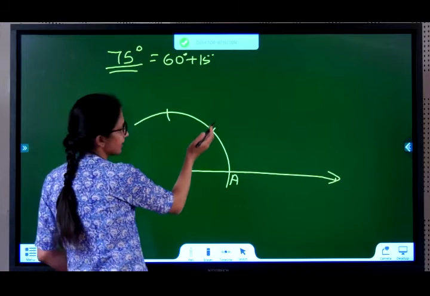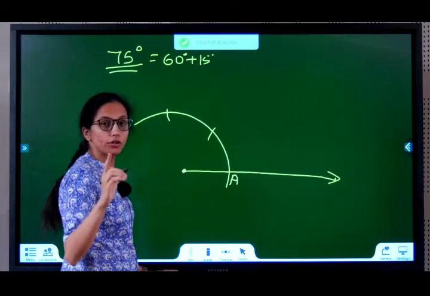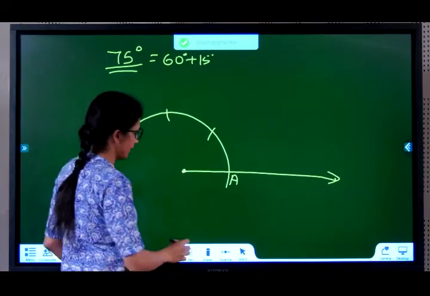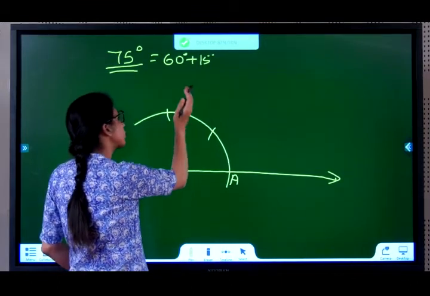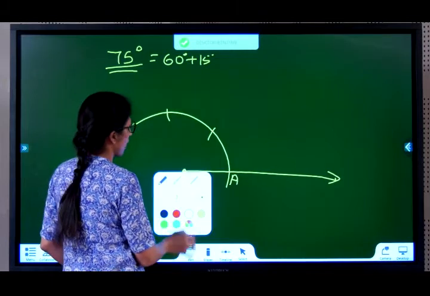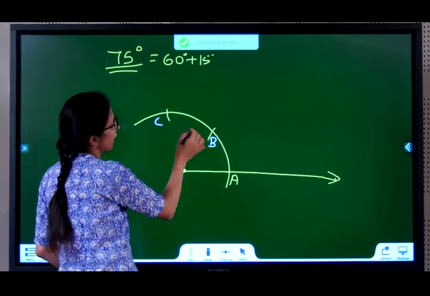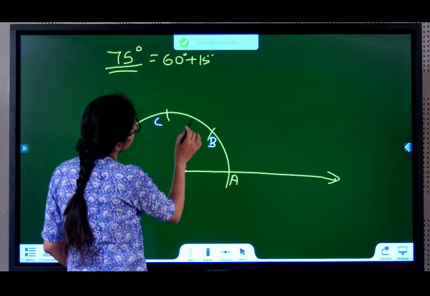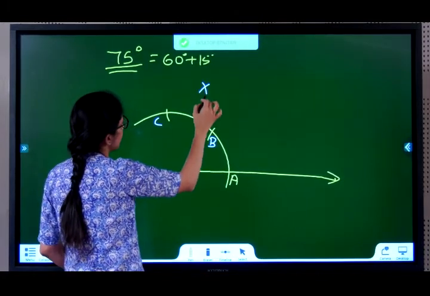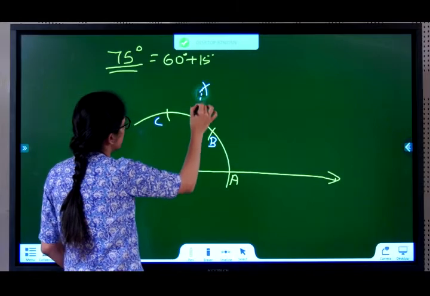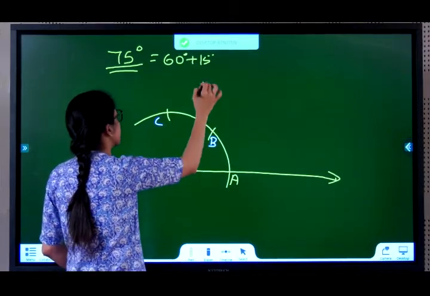I have the 60 that I want. I now want to construct an additional 15 degree. So what do I do? 60. I have to bisect this to 30 and then 15. So I will measure BC, more than half of BC, and I will draw an arc from B. From C with the same radius, draw another arc. So this now becomes my,